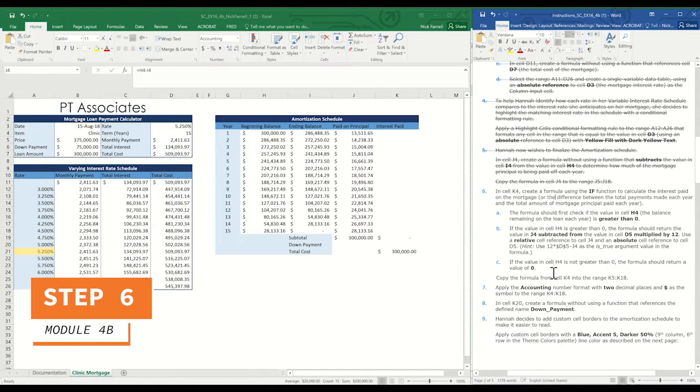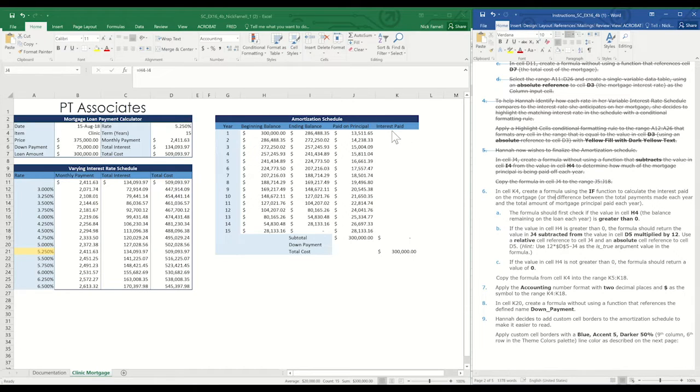Number 6, this one gets a little bit more complicated. In K4, create a formula using an if function that calculates the interest paid on the mortgage, or the difference between the total payments made each year and the total amount of the mortgage principal paid each year. So the first part, we're going to check if the value in H4 is greater than 0. So equals, we're going to create an if statement. If H4 is greater than 0, then we should return D5 times 12